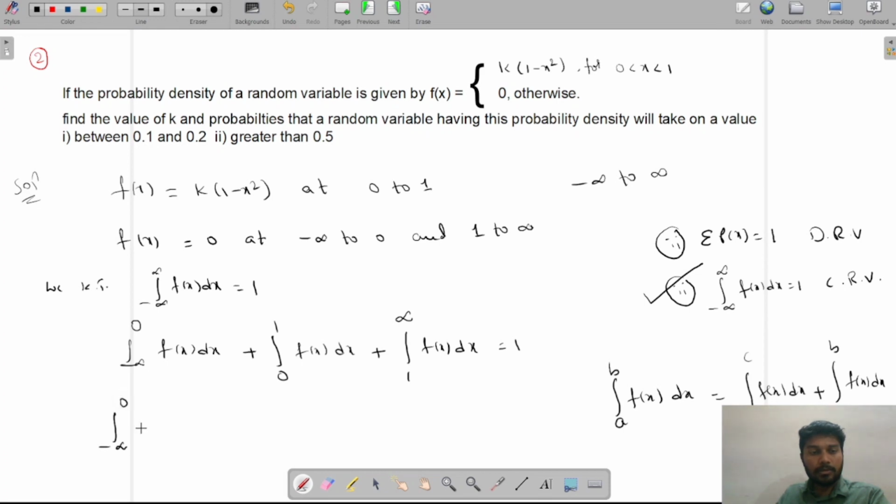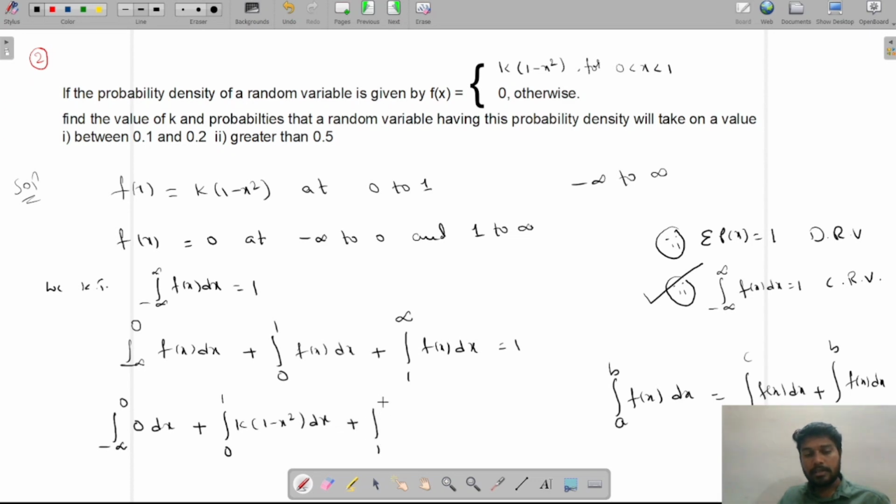So, integration from minus infinity to 0, right? I have to write here the f of x value. At this limit, minus infinity to 0, what is the value of f of x? Tell me. 0. When x is between minus infinity and 0, the value is 0. So 0 dx plus integration 0 to 1. At these limits, what will be the value of f of x? See, at 0 to 1 your function is k into 1 minus x square, right? So k into 1 minus x square into dx plus